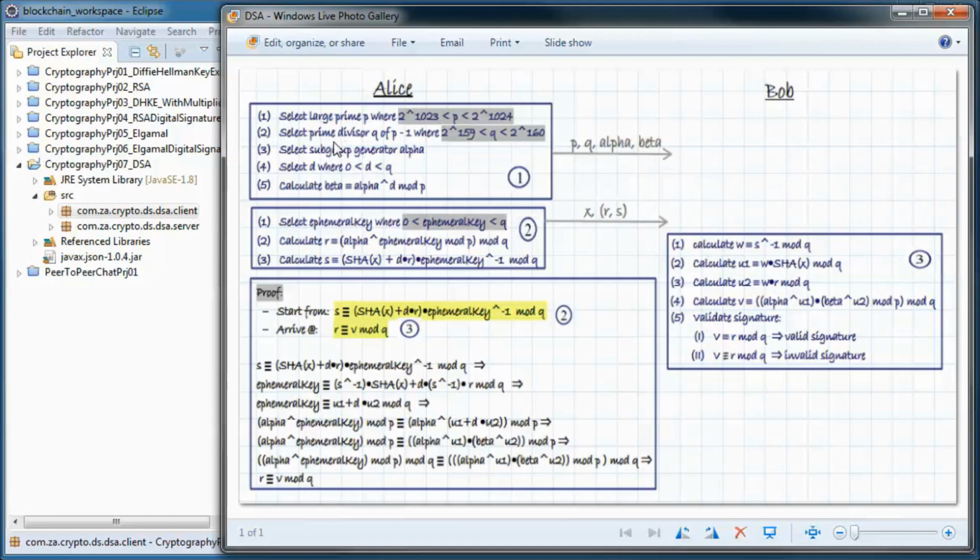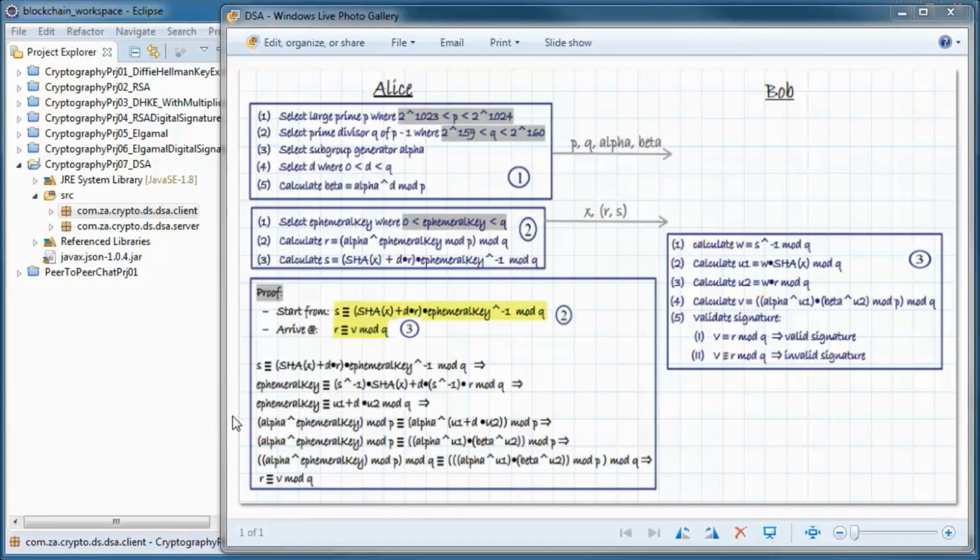And third, Alice selects the subgroup generator alpha, and she selects her private key D between 0 and q, and she calculates her public key beta, which is congruent to alpha to the power of d in mode p, and she sends p, q, alpha, and beta to Bob.